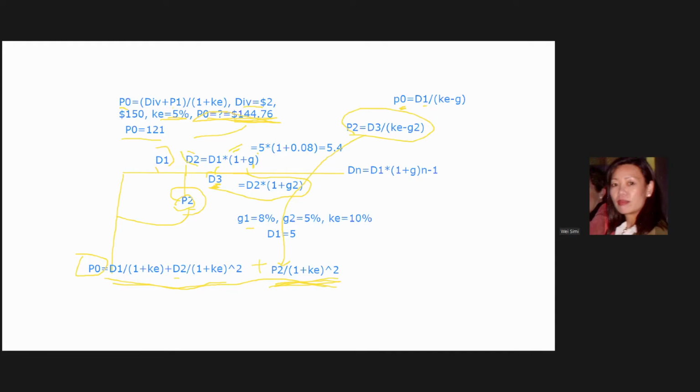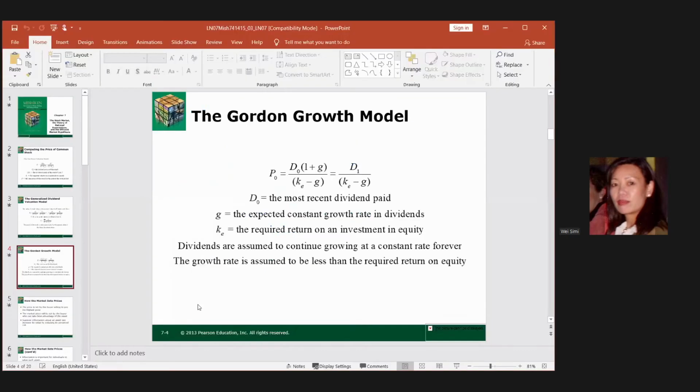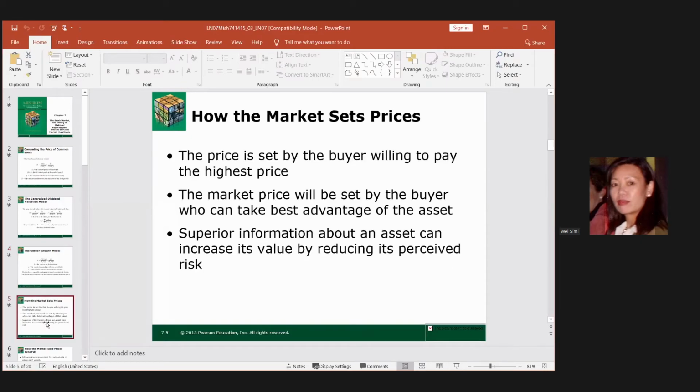So we finished the golden growth model, and I also showed you the speed. Now we're done with stock price. You see how difficult pricing stock is. We argued about how to price stock, left and right, and finally used the golden growth model. But the golden growth model has conditions; you cannot just use it. So we're moving to the next level.